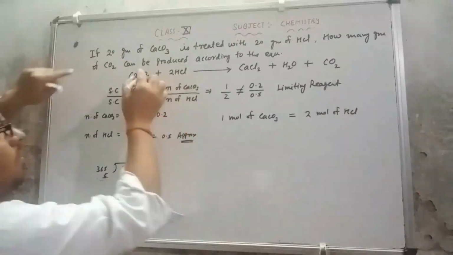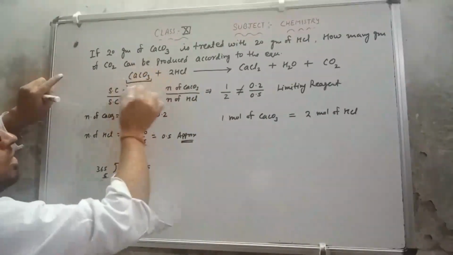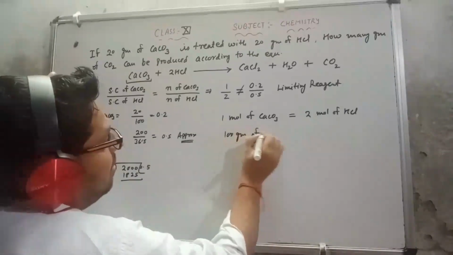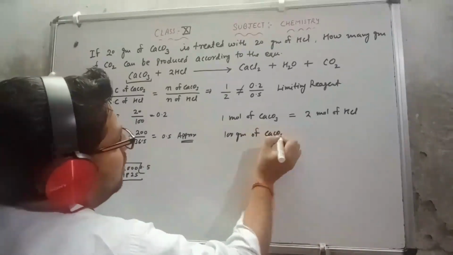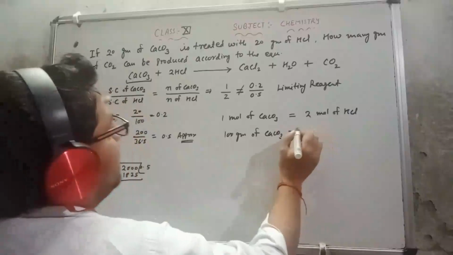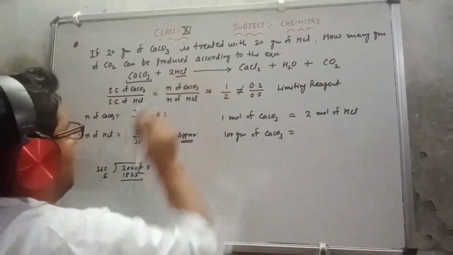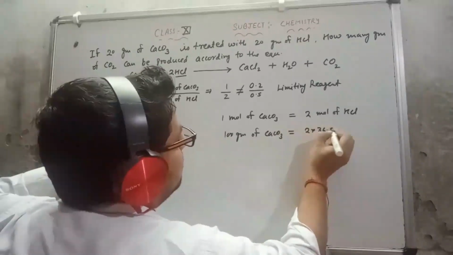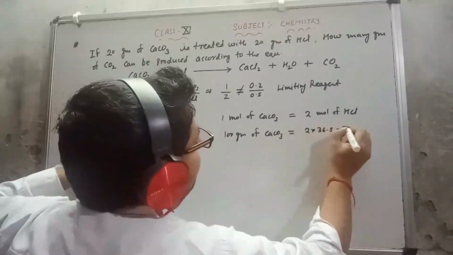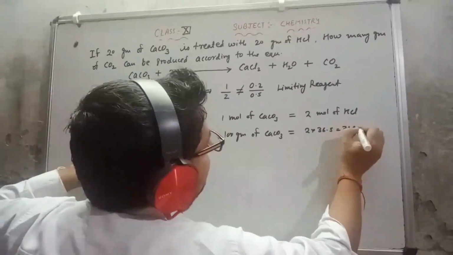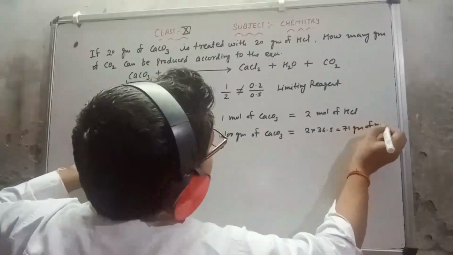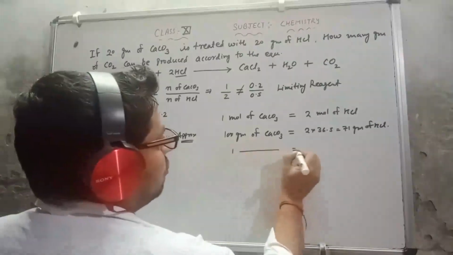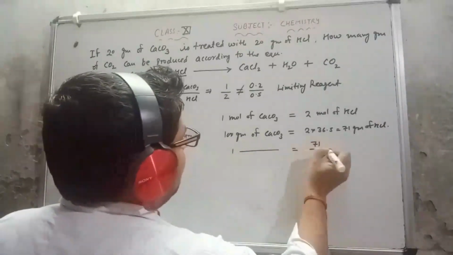The mass of 1 mole of CaCO3 is what? 100 gram. So I can say that 100 gram of CaCO3 is needed. The mass of HCl is what? 36.5. So 2 multiply 36.5, or I can say 71 gram of HCl. So 1 gram of CaCO3 needs 71 upon